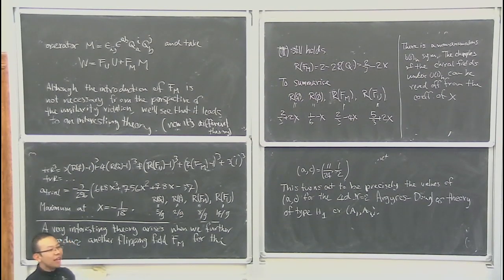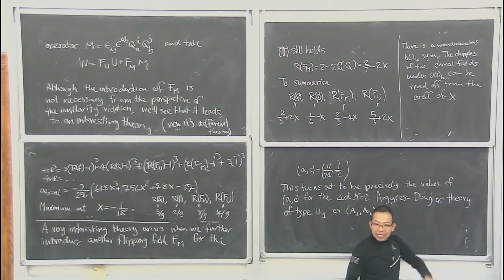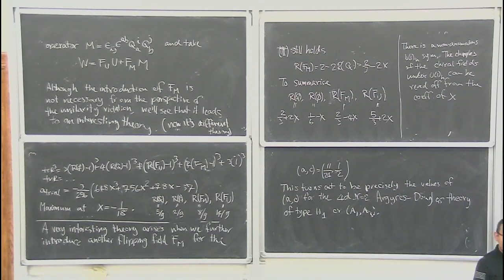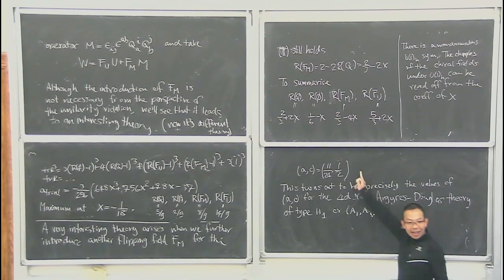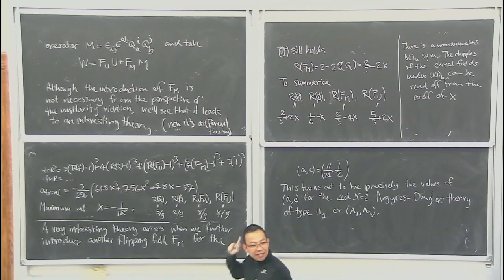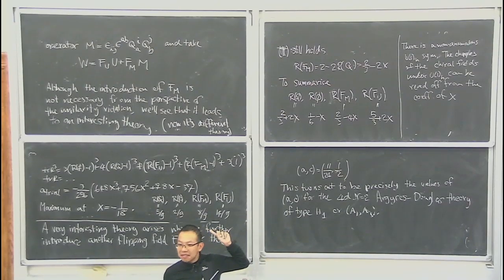Meaning, now we have a so-called Lagrangian description in N equal to 1 language that flows to this theory which has N equal to 2. Okay, there is something I should tell you. This is not so easy to compute, given that I told you before that this Lagrangian was not known. But Tachikawa, Shapere, and Aharony-Tachikawa managed to use a very indirect method to compute A and C before that, actually. And it precisely matched this value that we obtained, just using A maximization and the flipping field. Okay? So this is one nice thing. I can even tell you a bit more about this theory, that if you compute operator dimensions,